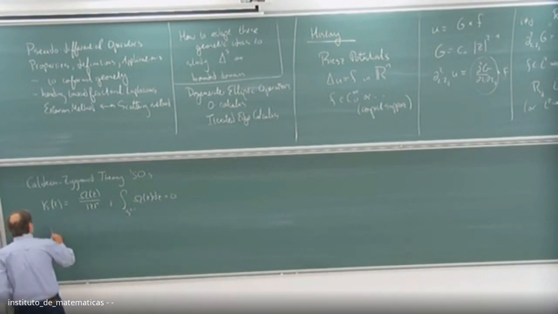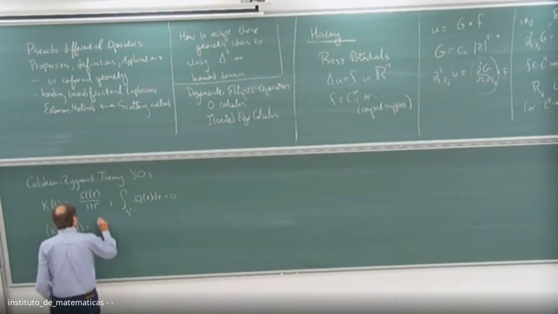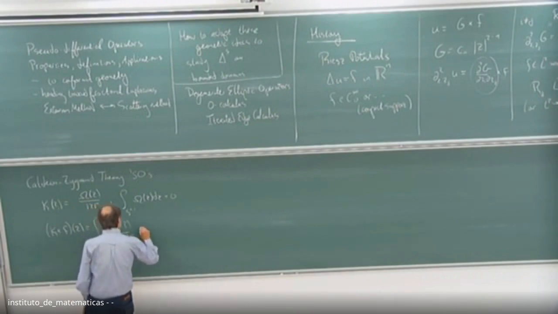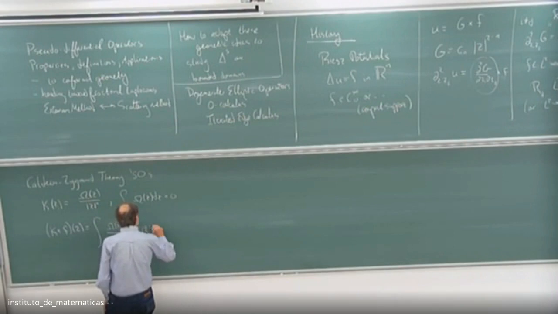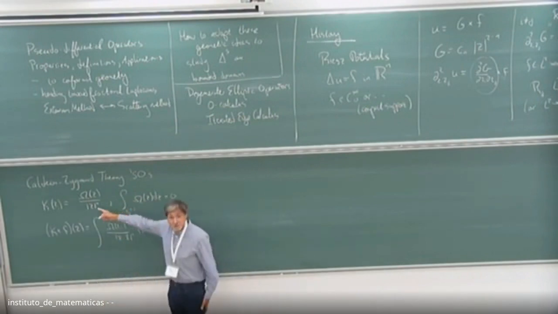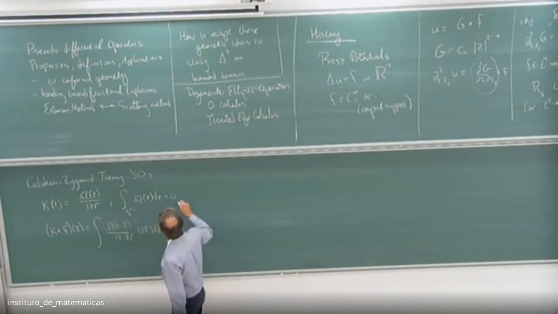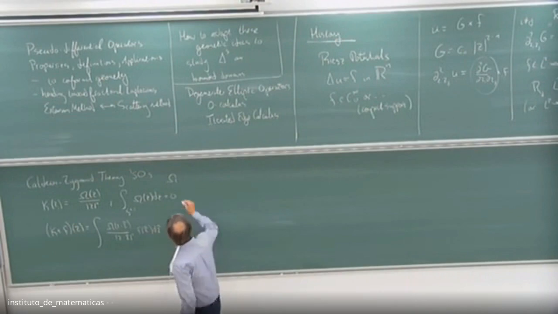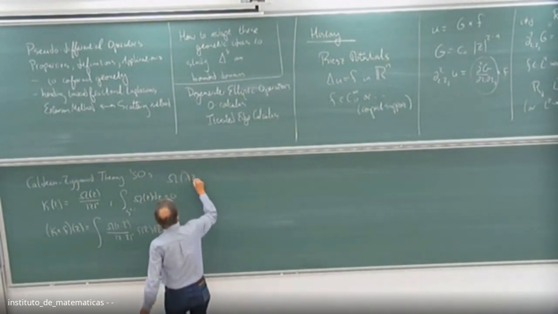So, when I take k convolved with f of z, which is the integral, let me just remind you very quickly, this is what you do: you'd have omega of z minus z tilde over mod z minus z tilde to the n times f of z tilde dz tilde. So the point is this is non-convergent precisely because of this 1 over r to the n singularity. And I'm sorry, this omega of z is homogeneous of degree 0. Sorry, omega of lambda z is equal to omega of z.